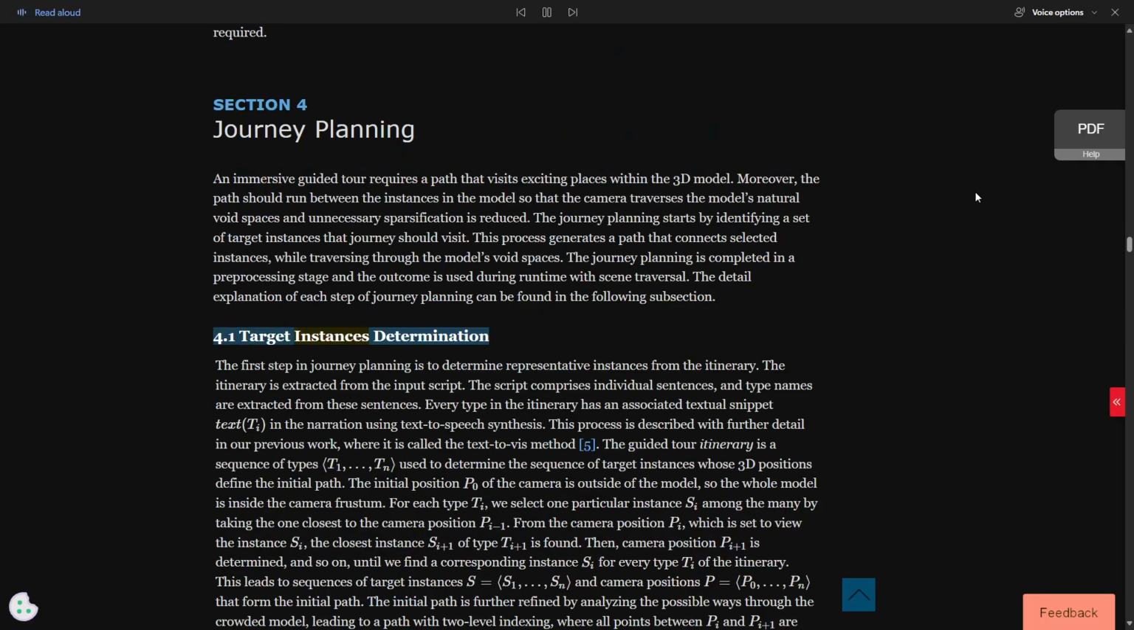Point 1, target instances determination. The first step in journey planning is to determine representative instances from the itinerary. The itinerary is extracted from the input script. The script comprises individual sentences, and type names are extracted from these sentences. Every type in the itinerary has an associated textual snippet, text T, in the narration using text-to-speech synthesis. This process is described in further detail in our previous work, where it is called the Text-to-This method, 5. The guided tour itinerary is a sequence of types T1 to Tn used to determine the